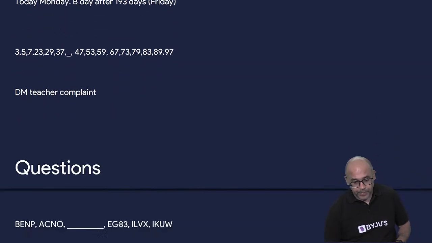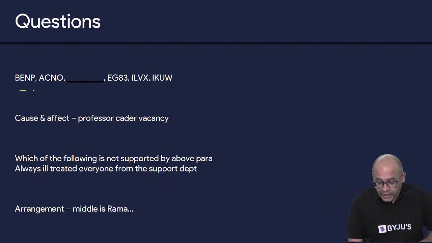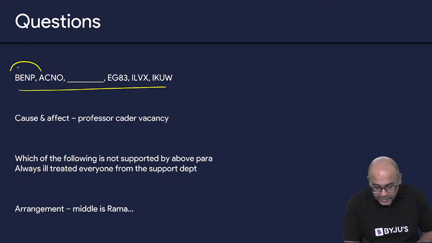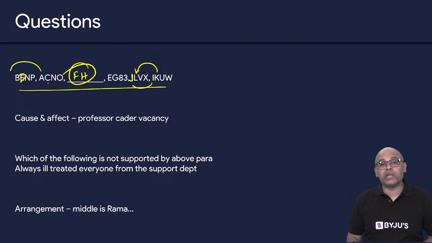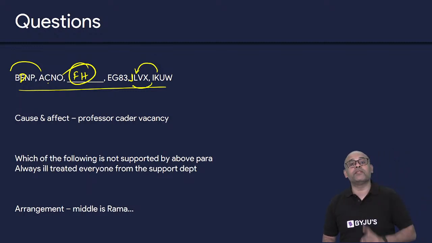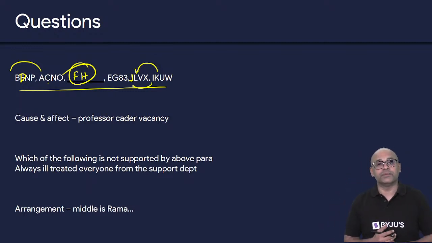Let's move on. Okay, then there's one letter series question. Here it was A, B, C, and D. Then I, J, K, L. So then E, F, then G and then H. So there should be an option starting with F and H. There's only one option starting with F and H. That itself was your answer.